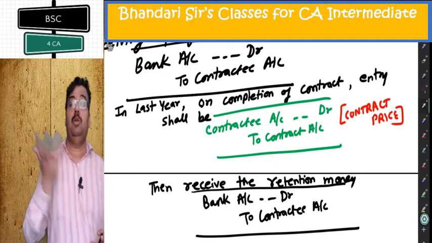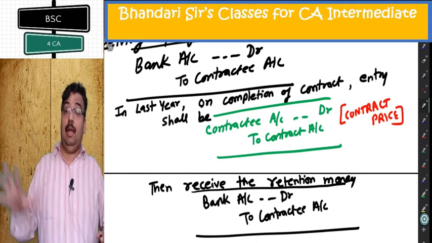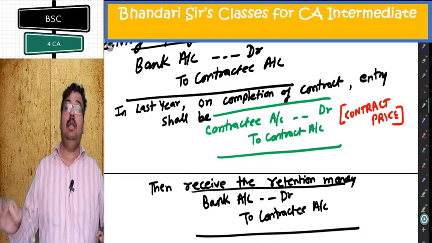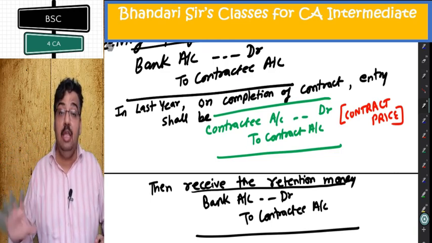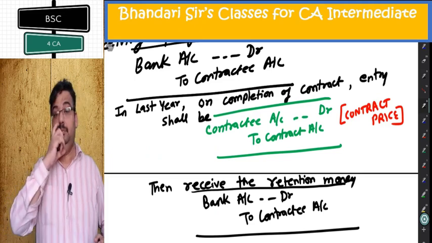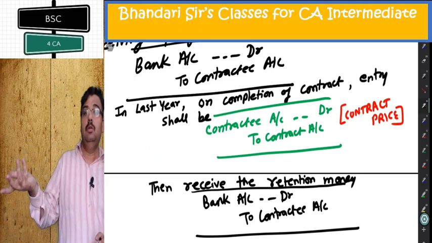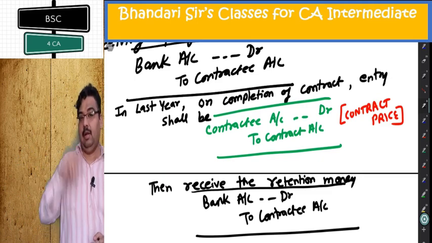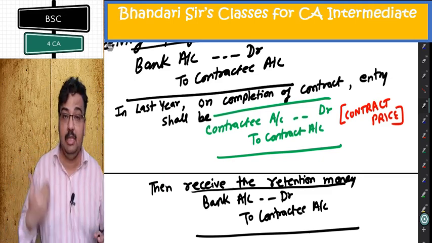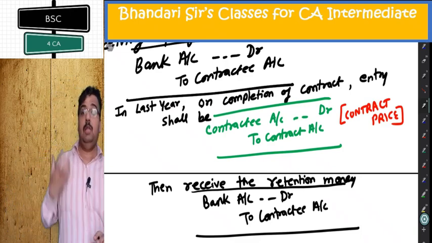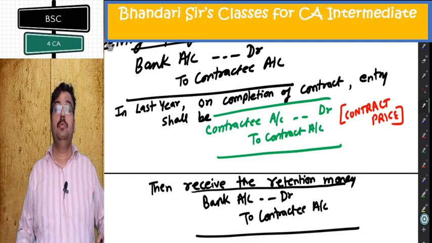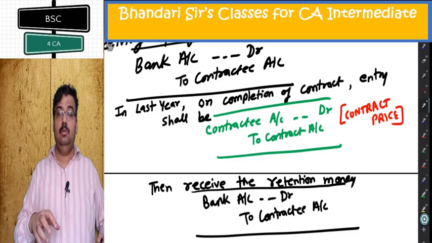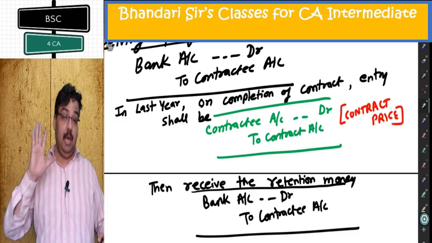If I ask you a simple question, in the books of the contractor, in the trial balance, what is the nature of balance of contractee, debit or credit? Every year the balance is credit, because the contractee account is never debited till the completion of the contract. Bank to contractee, so it is credited every year and the balance keeps on increasing. The total progress payment received is shown in the trial balance, and has to go to the balance sheet also. From this concept arises another concept related to disclosure of WIP in the balance sheet.